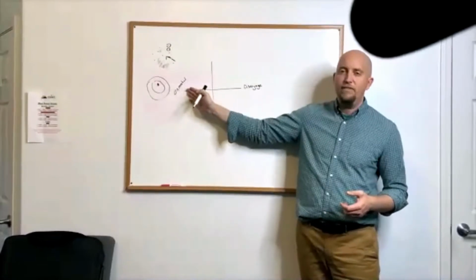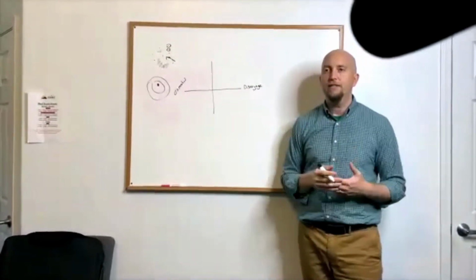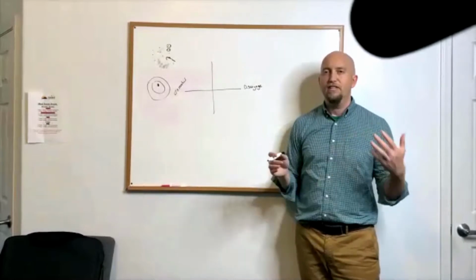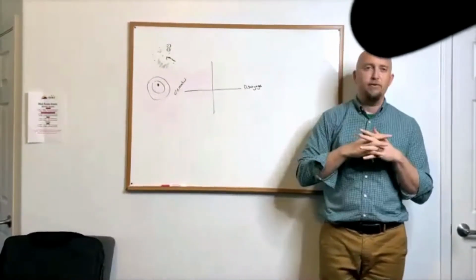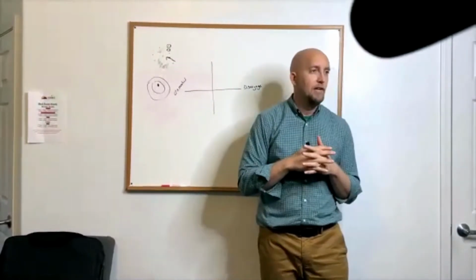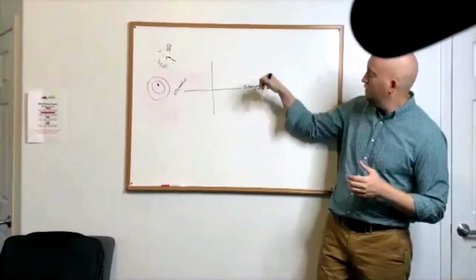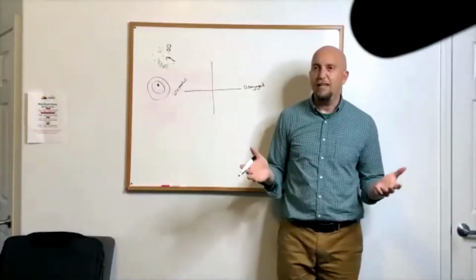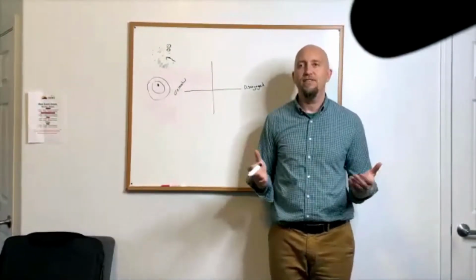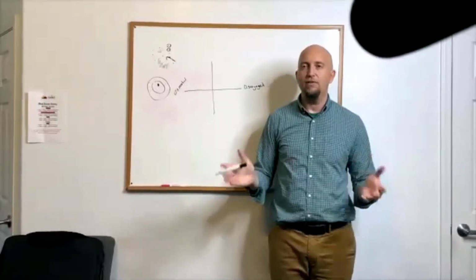In an enmeshed family system, I feel your feelings. I feel your experiences. When you're sad, I'm sad. There's really a hazy boundary between you and me. In a disengaged family system, I don't really feel anything. I remember a client one time, they would go on family vacations and they'd all go in different rooms and read.